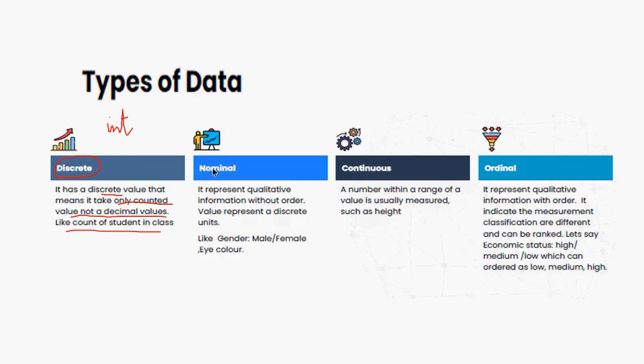Okay, what about nominal values? What does nominal represent? It represents qualitative information without any order. It's not going to have a 1, 2, 3, 4 kind of ordering in the values. It's going to have qualitative information without any order. It's not going to have any order to it. Like for example, let us take